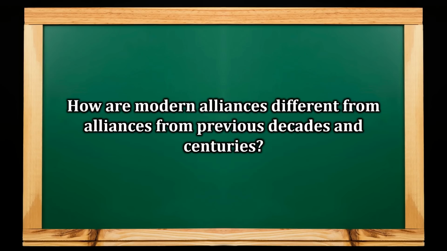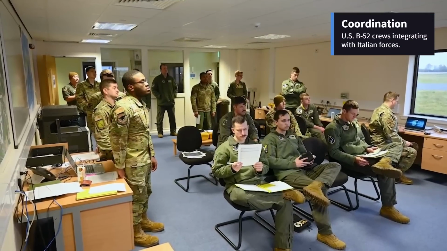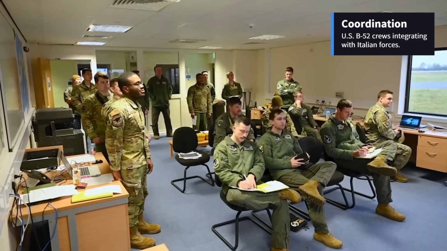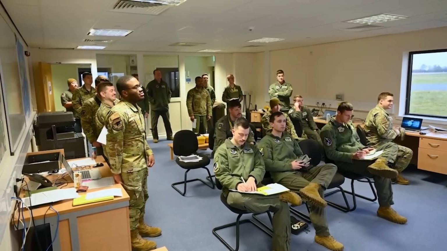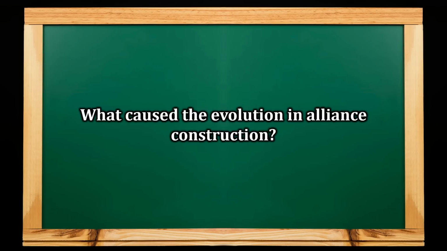If you look at an average alliance in the 20th century in contrast, they're much more about active coordination between the allies, and this leads to concerns about what we'd call interoperability, which is the ability for the two militaries to talk to each other and effectively work together in conjunction on the battlefield. I think many of our listeners will readily grasp that there is a substantive difference between how older alliances function versus newer alliances by thinking about those examples from World War I and World War II versus the Cold War and NATO today. But what exactly caused that shift over time?